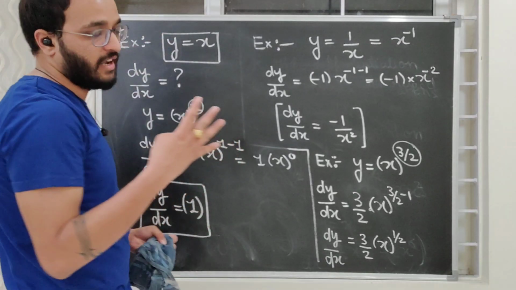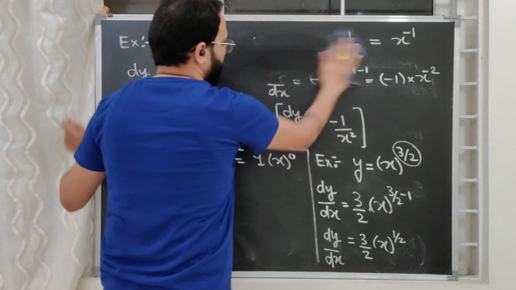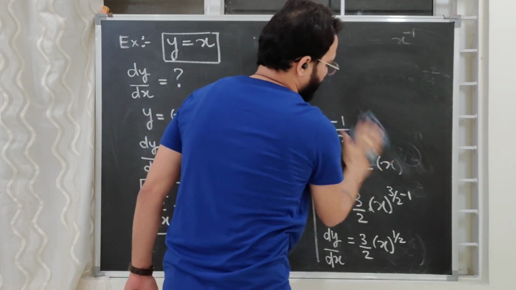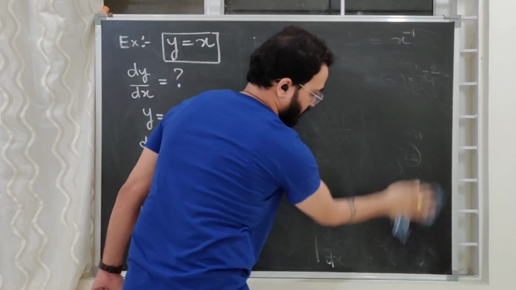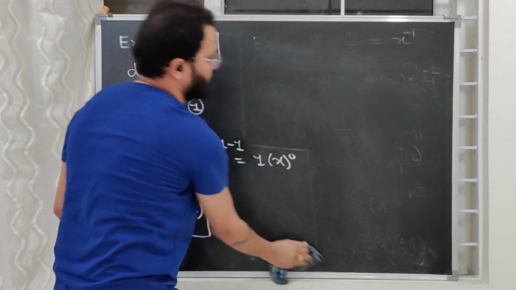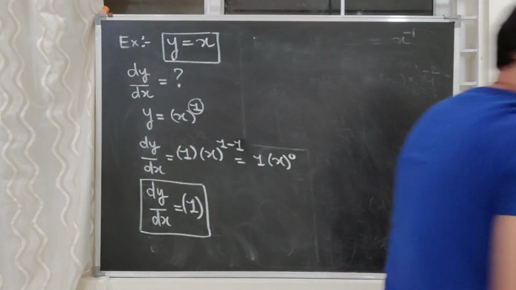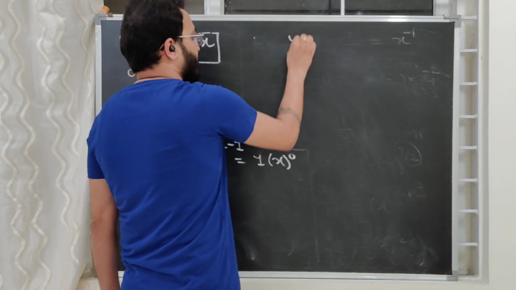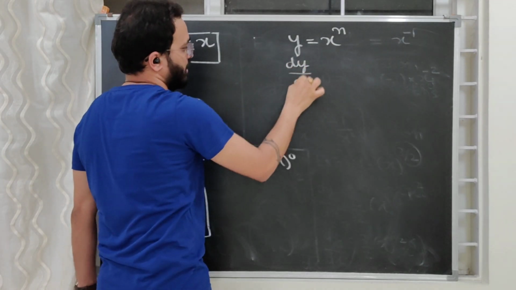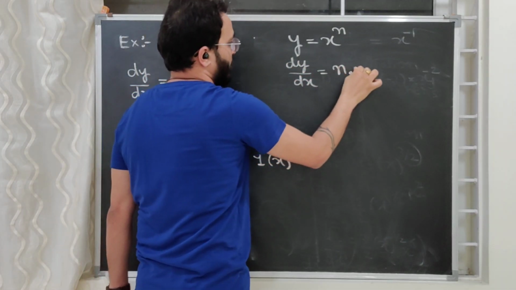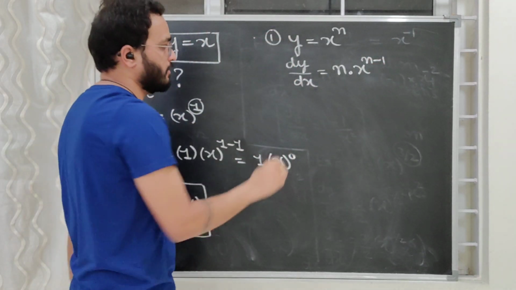Cool. So now 4 things I have told you to remember, otherwise nothing else. What are those 4 things? I will tell you. Number 1, if y is equal to x to the power n, then dy by dx is n dot x to the power n minus 1. This is point number 1 which I have asked you to remember.